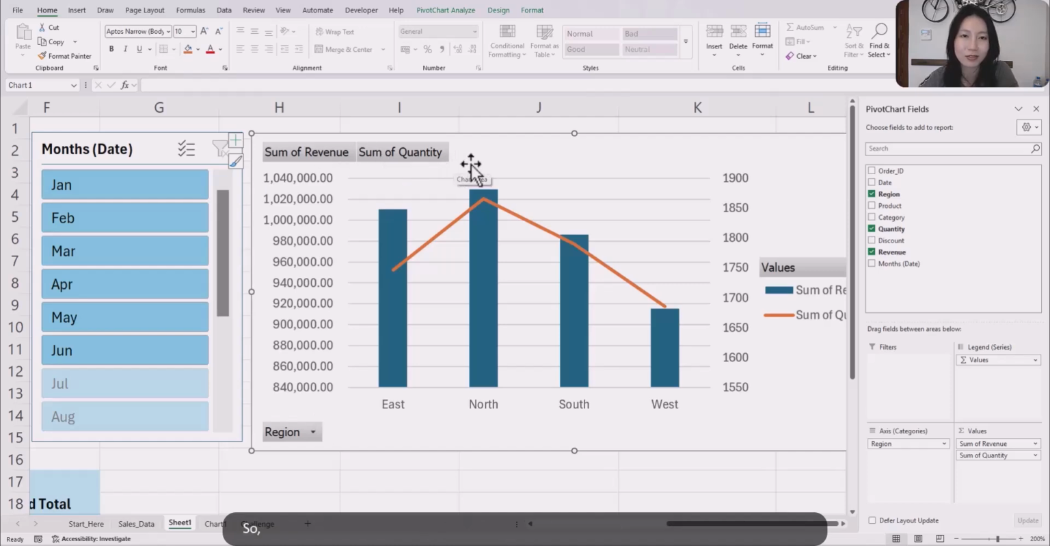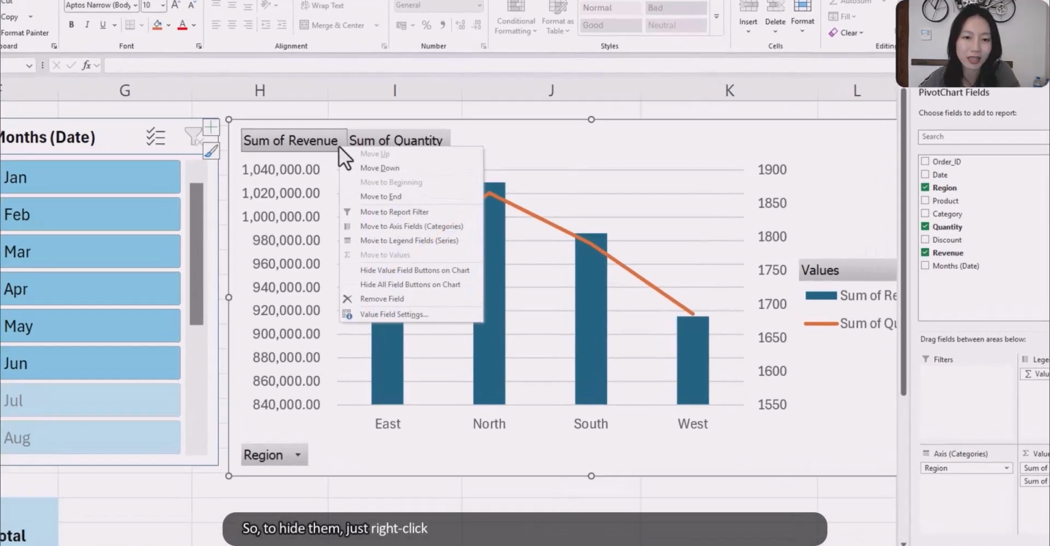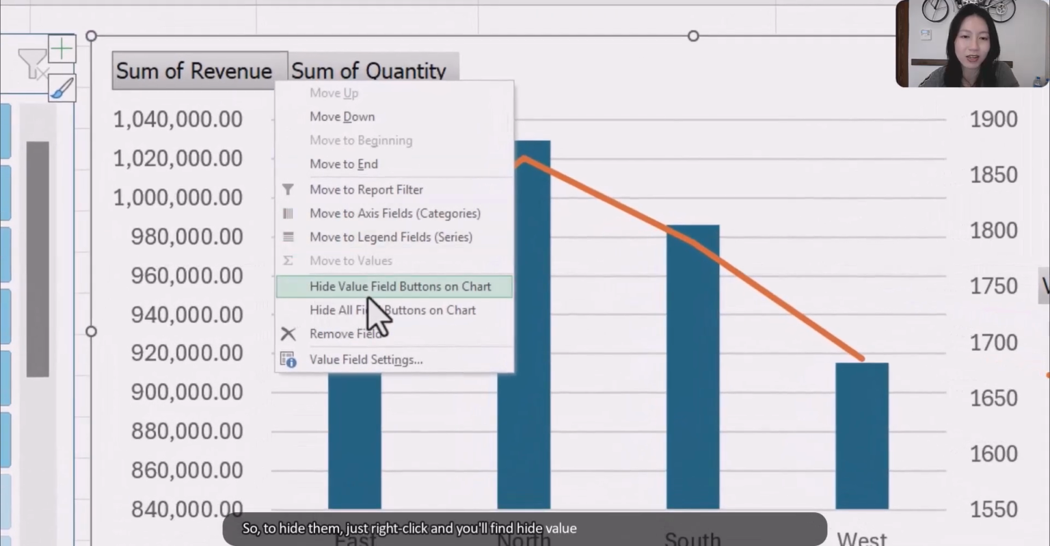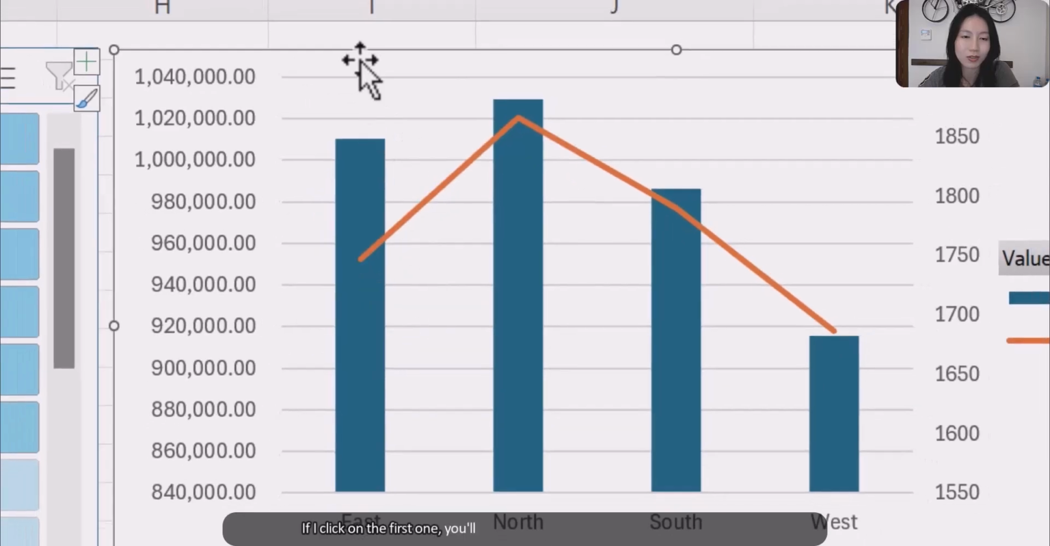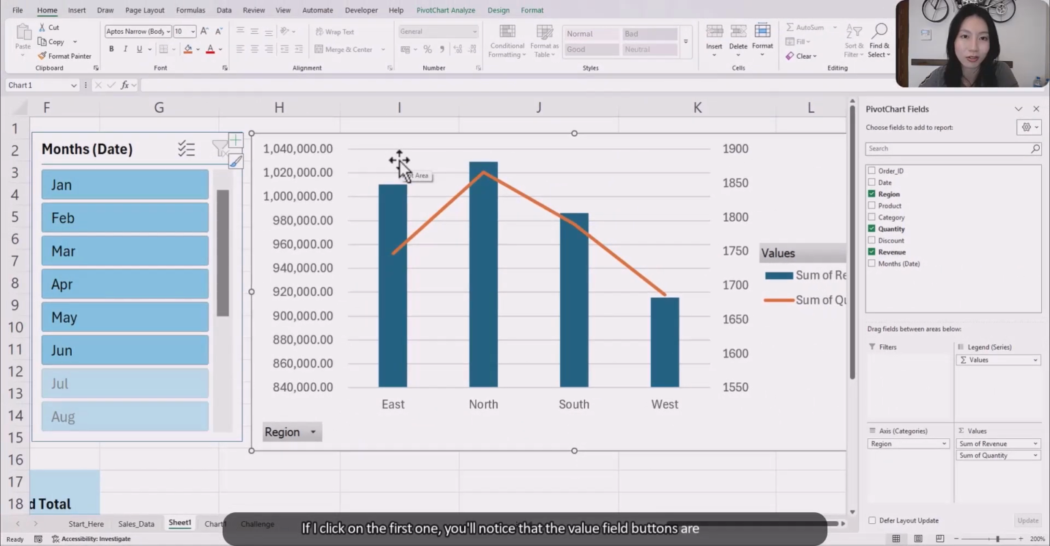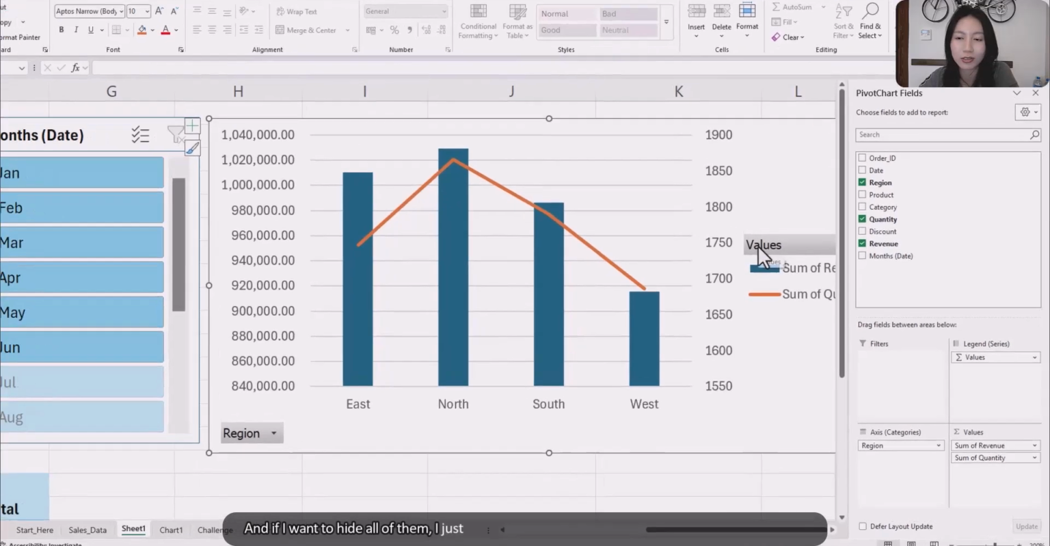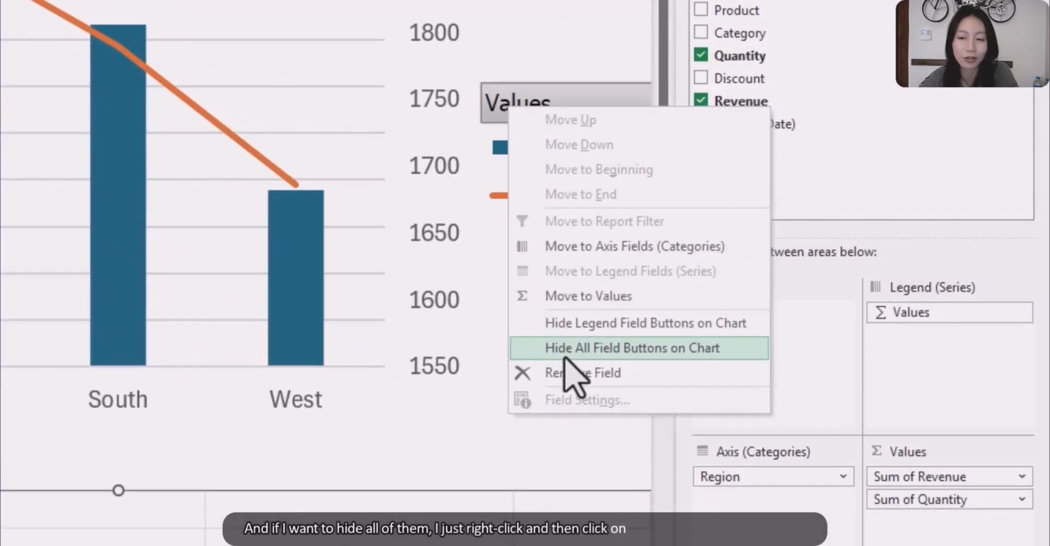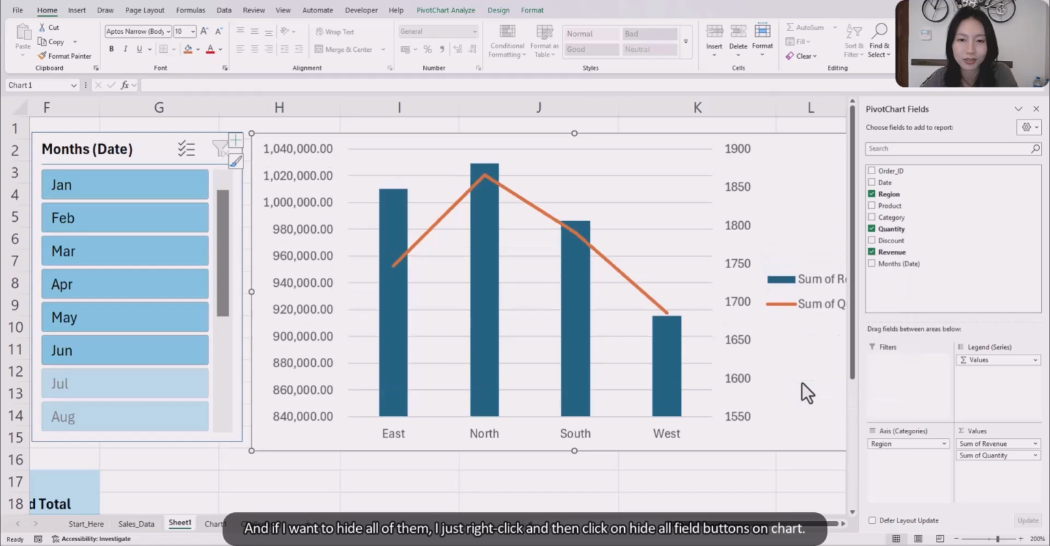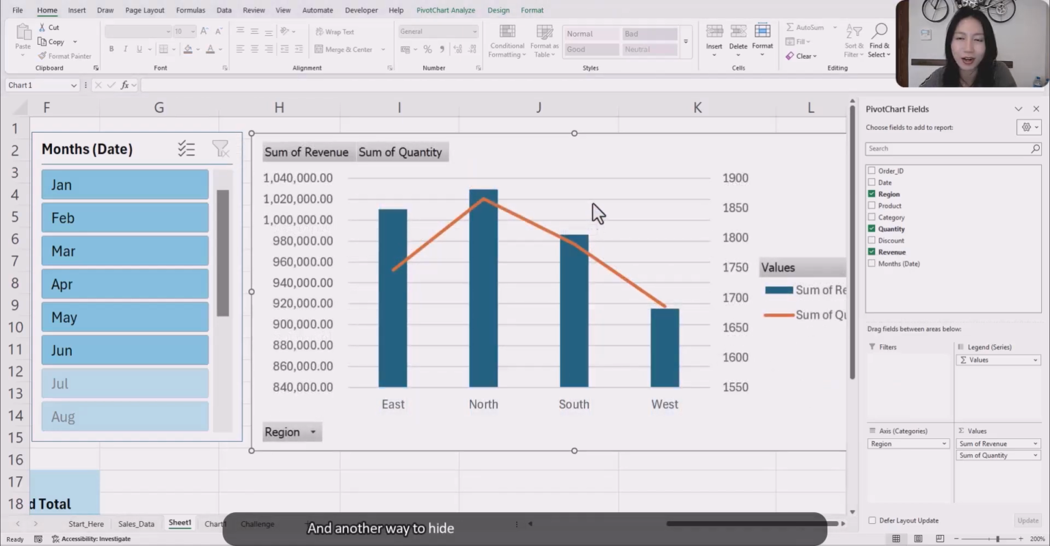messy. So to hide them, just right-click and you'll find Hide Value Field Buttons on Chart and Hide All Field Buttons on Chart. If I click on the first one, you'll notice that the value field buttons are hidden. And if I want to hide all of them, I just right-click and then click on Hide All Field Buttons on Chart. Another way to hide these field buttons is to click inside this pivot chart, then go to